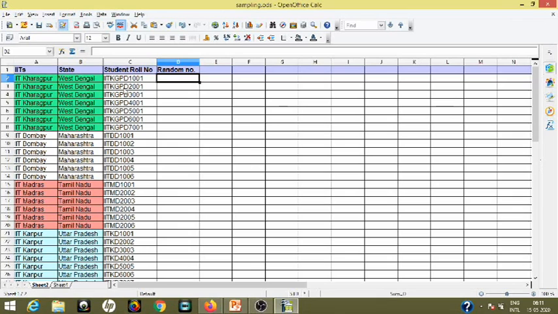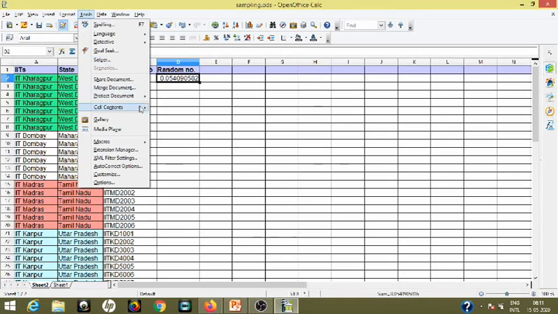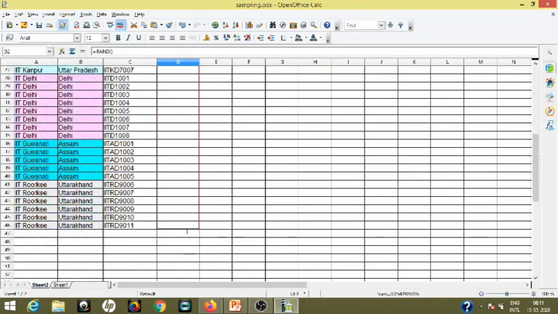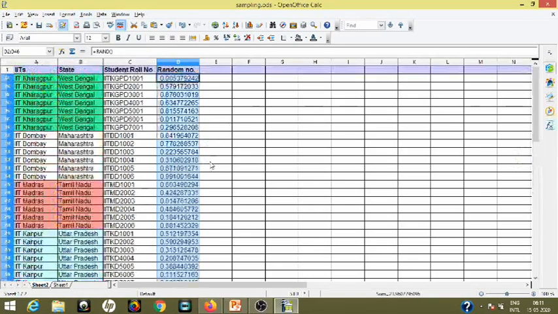Now we have to generate a random number. For generating a random number, there is a function RAND. It will generate a random number between 0 and 1, and after that let us see. Okay, if we drag it, the random numbers are generated.